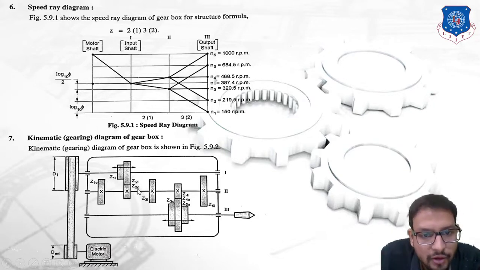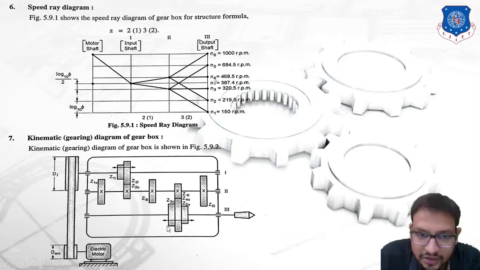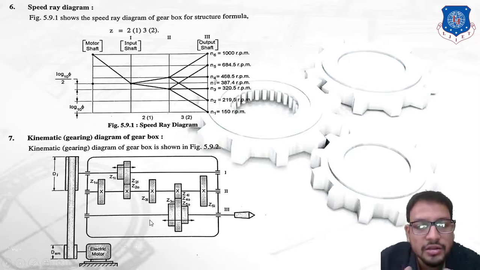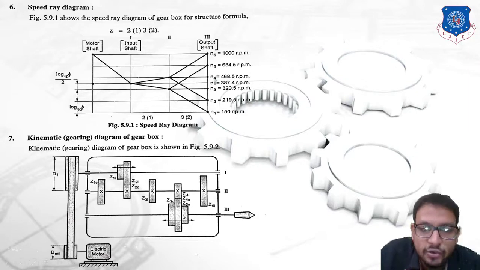Which means three gear pairs are there, so you have to draw three gears on the intermediate shaft. You can see gear 1, gear 2, and gear 3. On the output shaft, since we need to mesh all these gears, how many corresponding gears will there be? Again, three gears. So we need to form a cluster gear, in which all three gears are interconnected so that they can slide together.